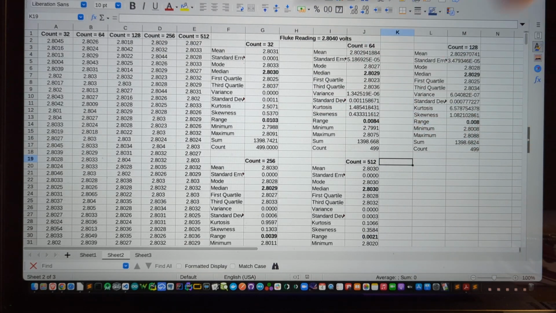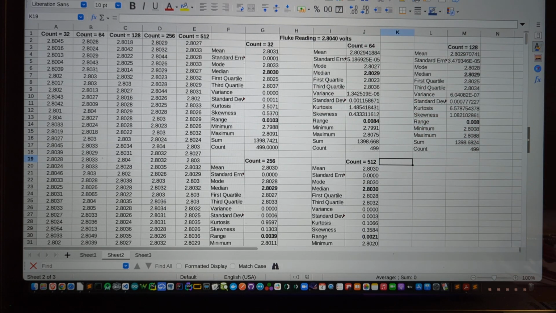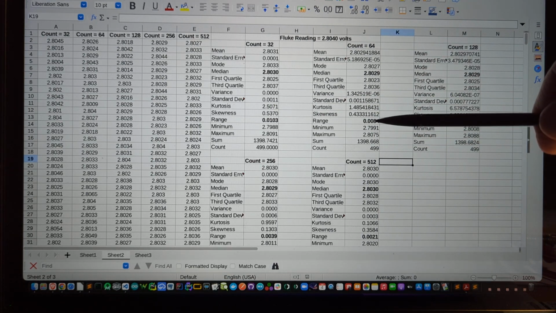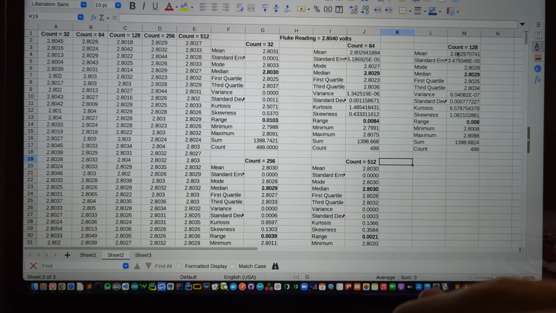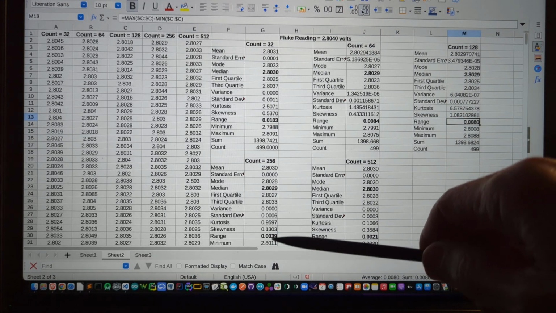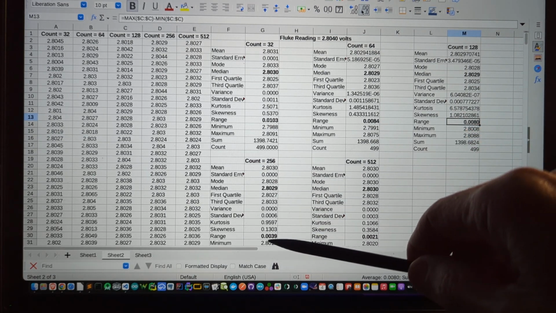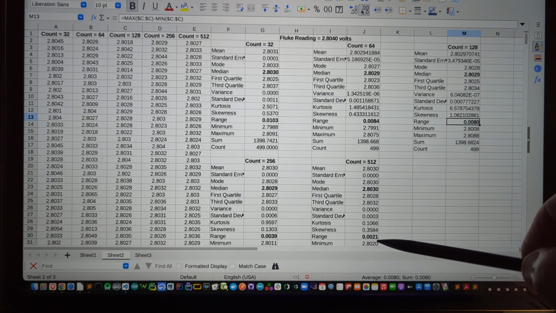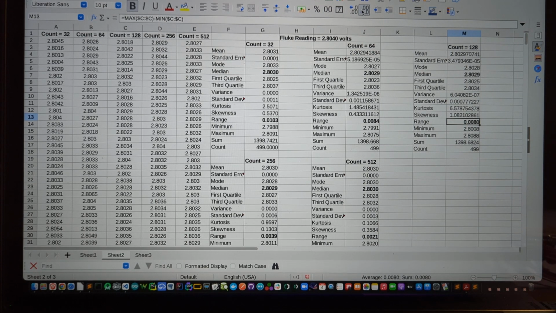So if we look at the range, which is basically the spread of the value across any individual column, in the 32 count, we get a spread of about 10 millivolts. In the 64, 8.4 millivolts, 128, 8 millivolts. Maybe I need to increase that column width there. Let's see. Oh, no, it is 8. Okay. And then over here we get for 256 count, we're down to 3.9 millivolts. And then for the 512 at 2.1 millivolts. So you can see that the range of values is tightened